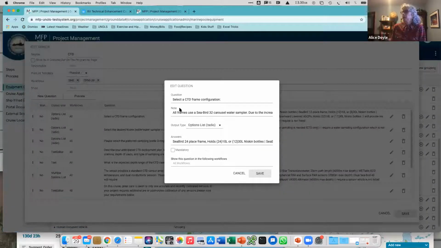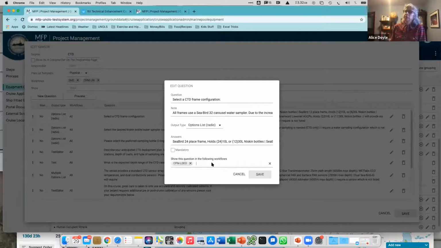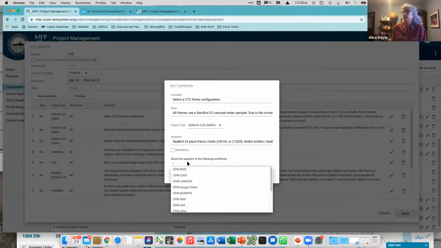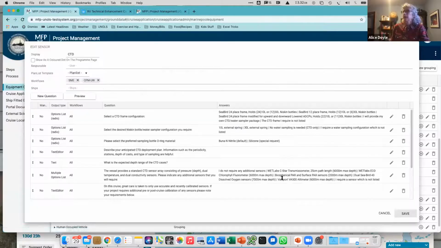Okay. So here's the question: select AC bird configuration. You can put notes next to that question. You can choose what type of button or answer you want. You can create all your answers. And then you can say whether it's mandatory. And you can say which workflows you want this to be a part of. So if it's a specific question to the Sikuliak and only Sikuliak has it, then you'd put it on yours. But if it's generally like the CTD, it could be on everybody's. Okay, so that's the